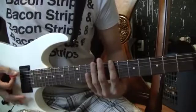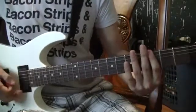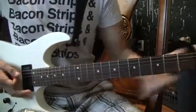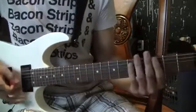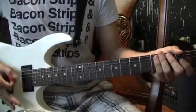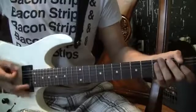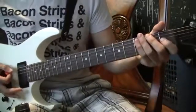Then you do a slide while the 7's still ringing, so it's. Doesn't really matter where it goes. I'd say about 10. And then right here it goes 1, 2, 1, 2, 3, 4. So it's faster, of course, and it's all palm mute on the opens. So it goes